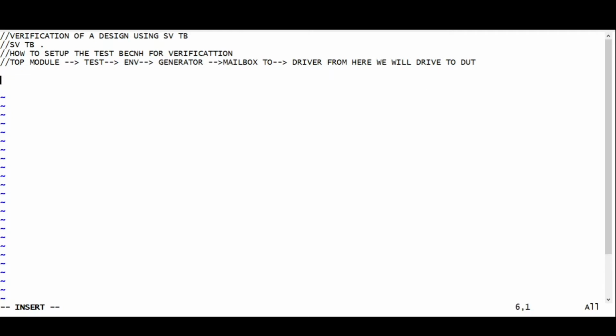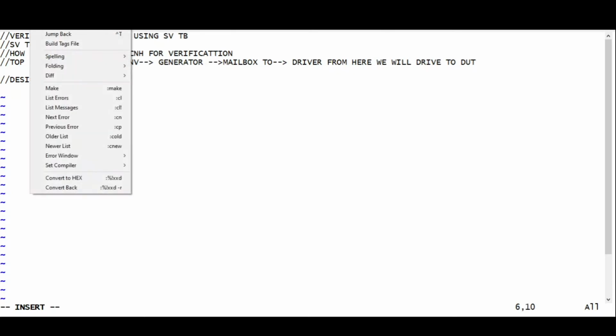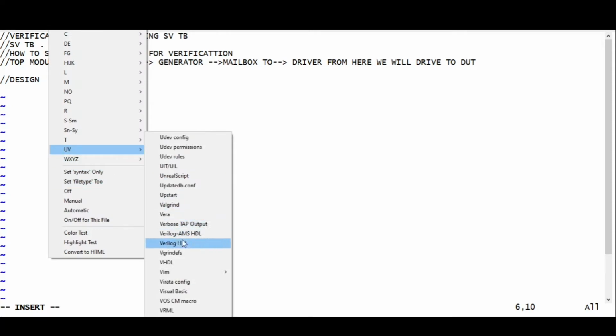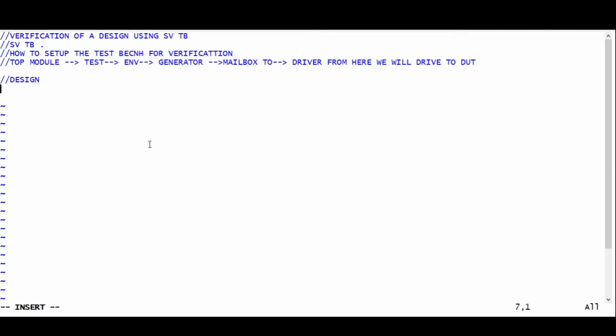Now let's start with the design. Suppose we take an example of a full adder. Let's go with the full adder and write a Verilog code for it.